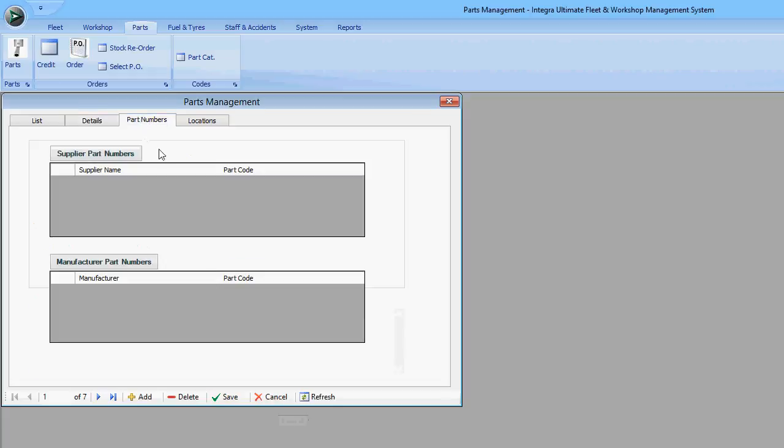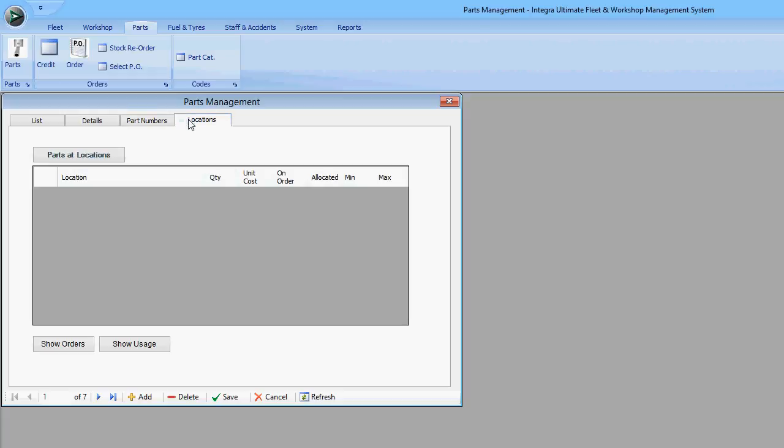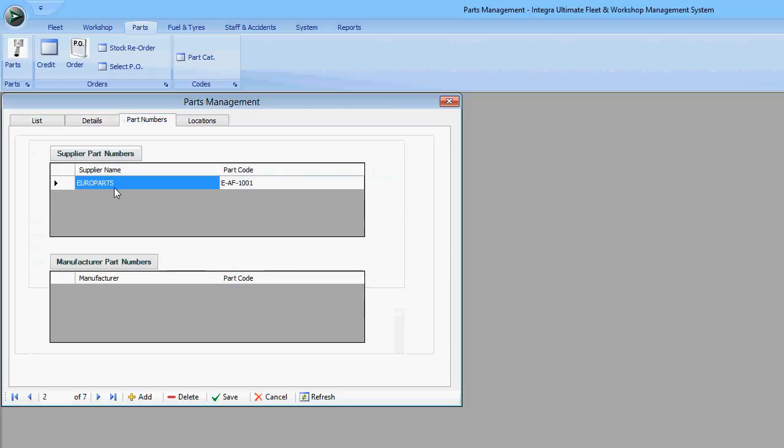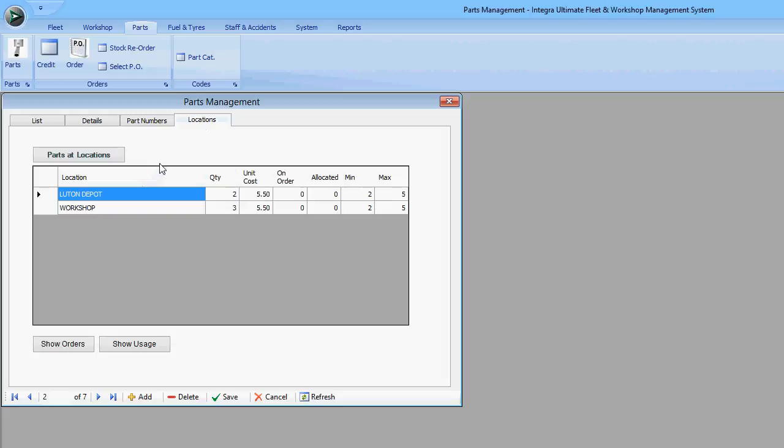The next tab, part numbers, is where you can set up supplier part numbers and manufacturer part numbers against a particular part. The locations tab